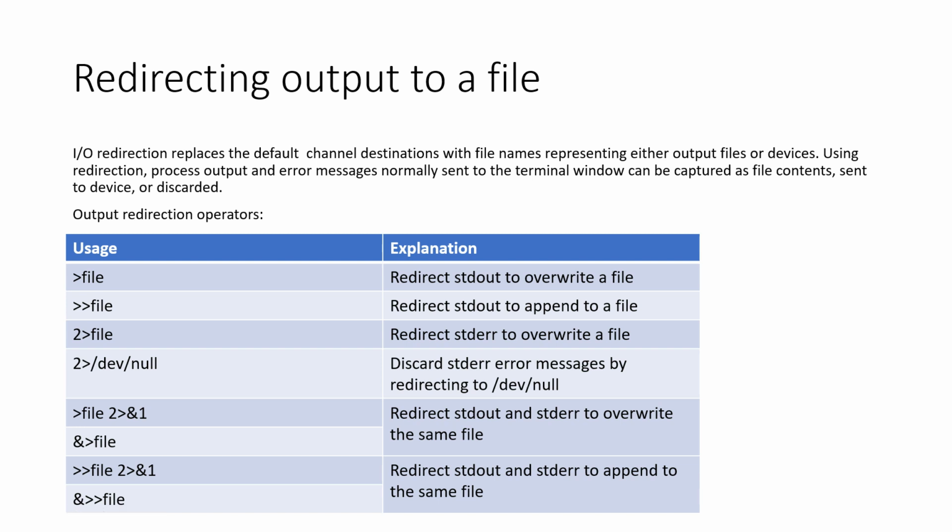The /dev/null file is called the garbage directory, we can say. Whatever unused error message we have, we can redirect that message to this /dev/null directory. Okay. So, greater than symbol, file, 2 greater than symbol and symbol 1, redirects stdout and stderr to overwrite the